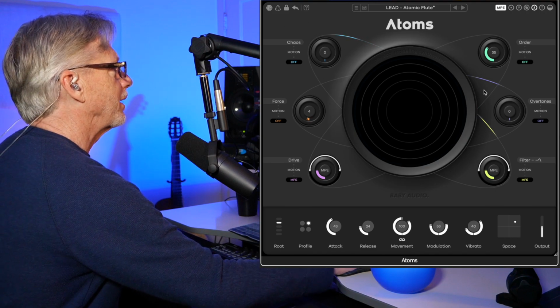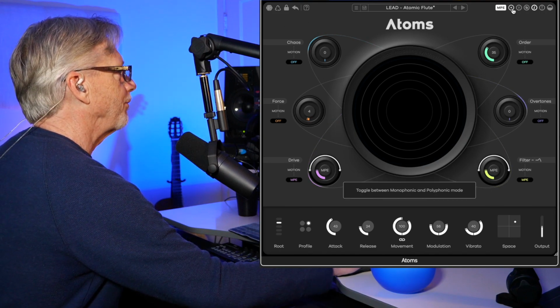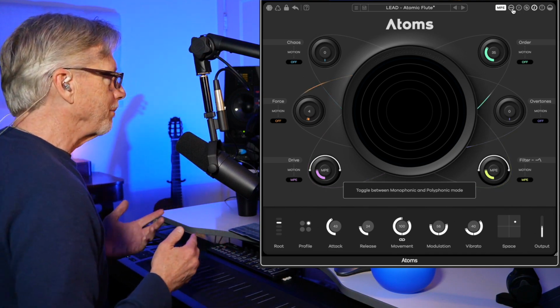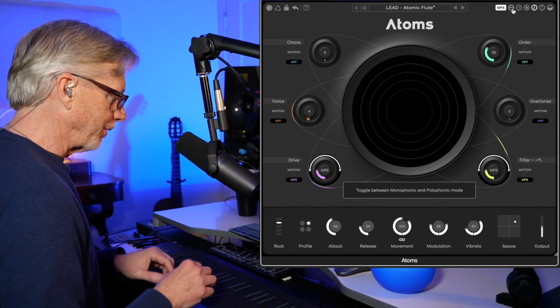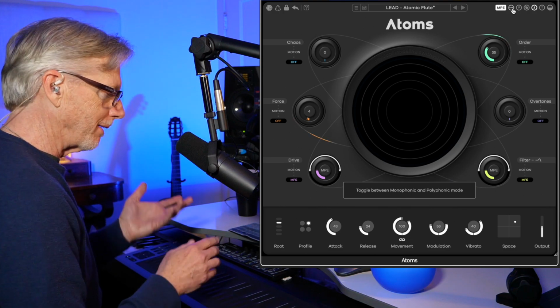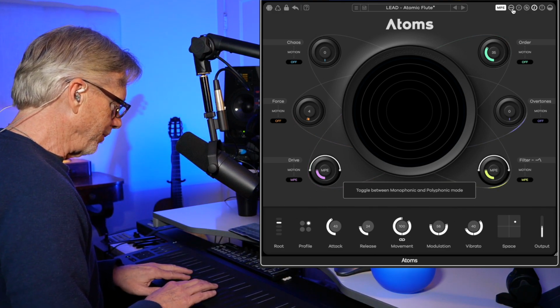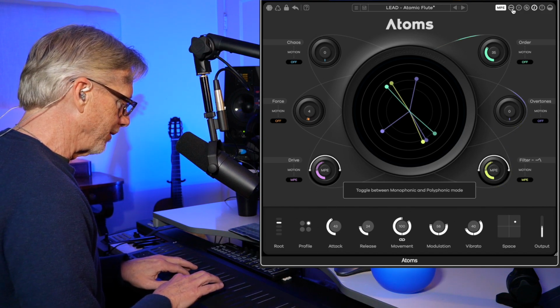Let's change this to play a couple of notes at once. Right now, I'm in monophonic mode. I'm going to switch it to polyphonic. So, one of the great things about MPE is you've got polyphonic control over things like pitch and, in this case, I set it to drive and filter. So, a simple little pad,